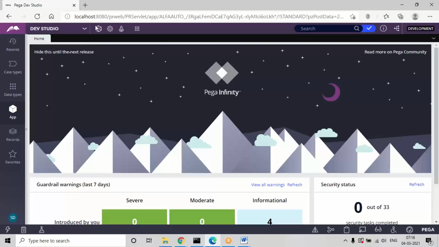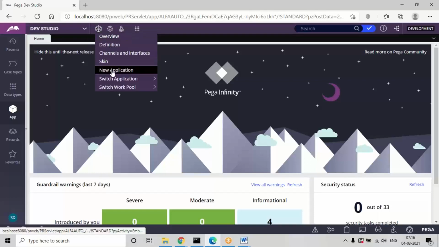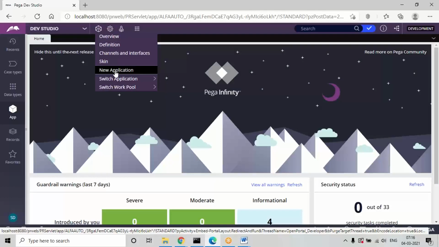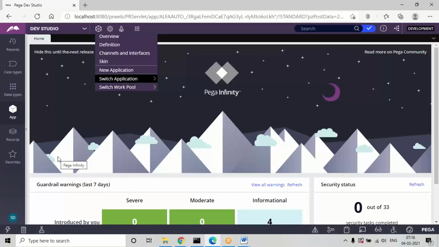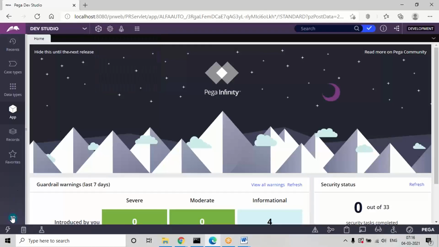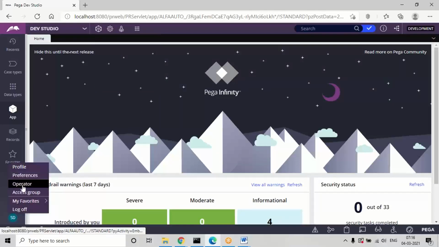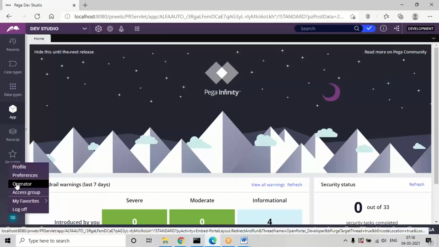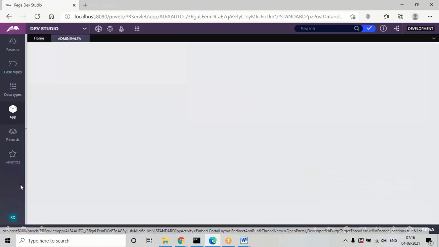From the wizard you will be using the new application wizard. You can choose custom, give the structure as implementation, give some name for that, and after you open it, generate some ID for the test application which you created. After that, you log into that application. Suppose you are already logged in, in the application currently. So what you need to do is go to the operator form in the test application which you generated.